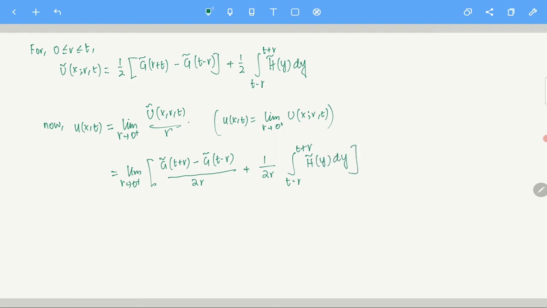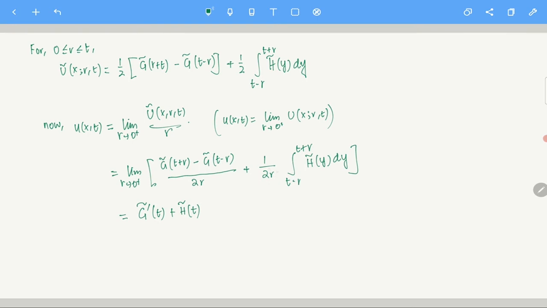Clear? So if that is the case, then what are you going to get from here? We are going to get g tilde prime of t plus h tilde of t. Of course g tilde and h tilde are differentiable functions, right? If you do that, then from here this is g prime evaluated at t, that's the definition, and plus here if you do it, limit r tends to 0,